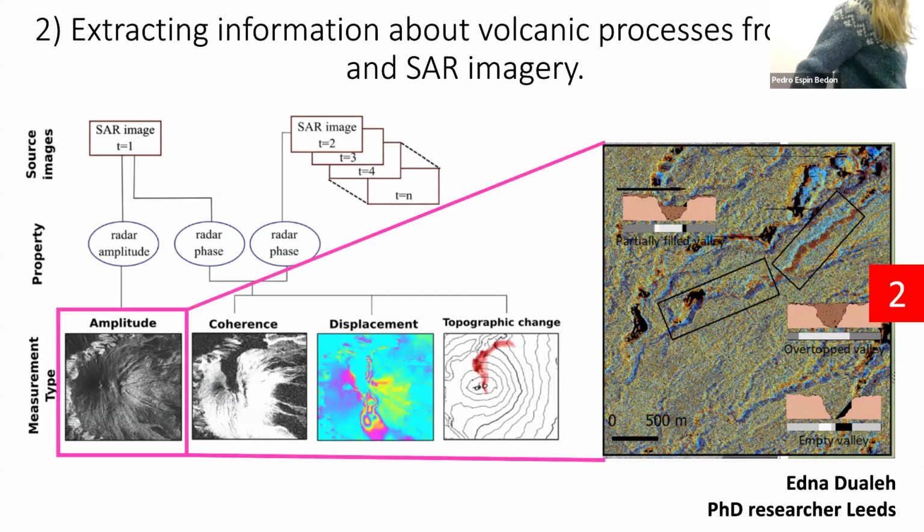When I say amplitude, what I really mean is the radar backscatter. This illustration here is another one from Edna's work. It's from Fuego, and you can see there the real world interpretation of this streakiness in the backscatter allows you to try and reconstruct the shape of the pyroclastic flows that went down the mountain. In volcanology, these are important things for forecasting future hazard, and also for working out the mass balance of erupted material and eroded material on the volcano.